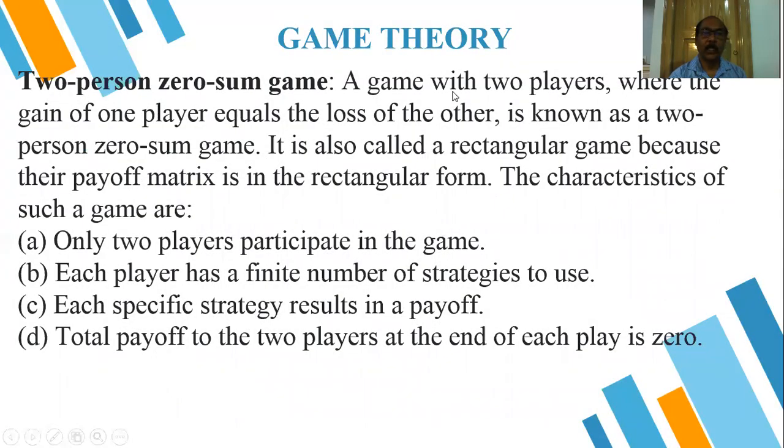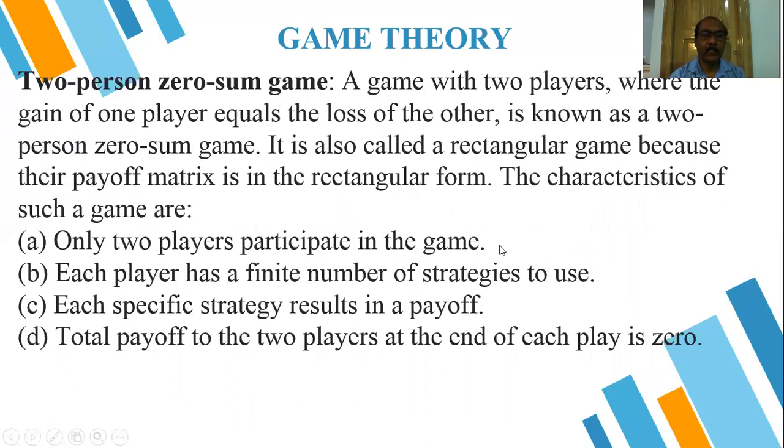A two-person zero sum game, a game with two players, where the gain of one player equals the loss of the other, is known as a two-person zero sum game. It is also called a rectangular game because the payoff matrix is in rectangular form. The characteristics of such a game are: